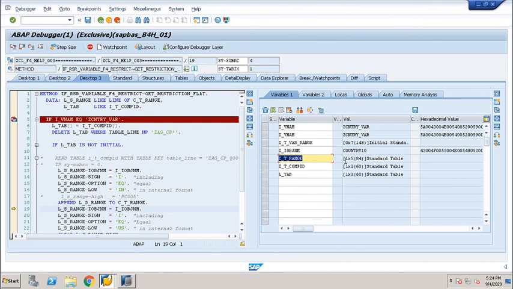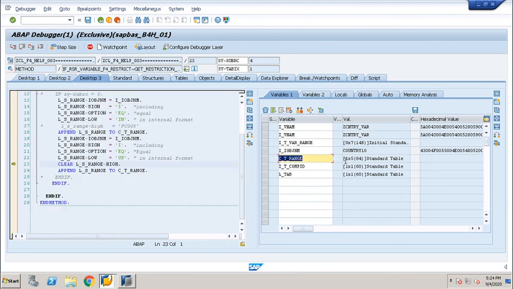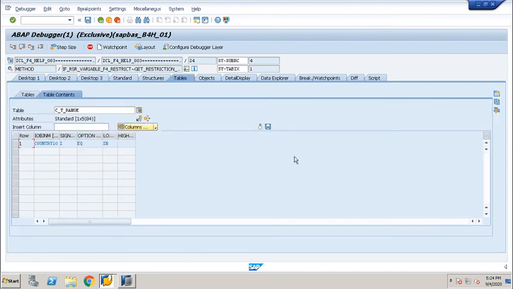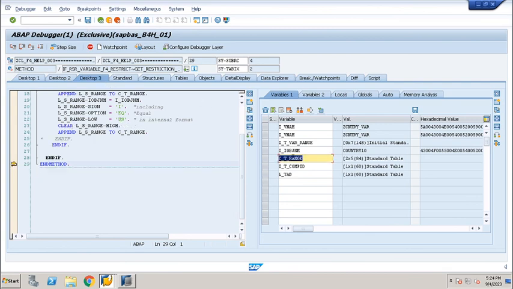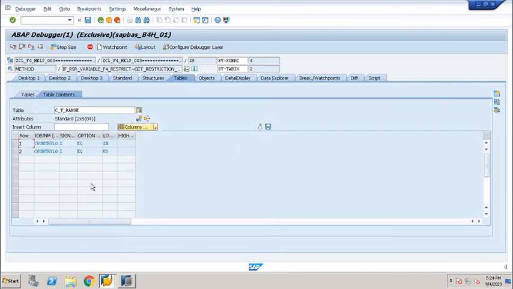Now US will also be appended. Okay, F5. So I will go into the US, into this table desktop 3. Yes, the append statement will come now. You can see here that both values have been appended for this particular info object name, sign equal to the lower name.